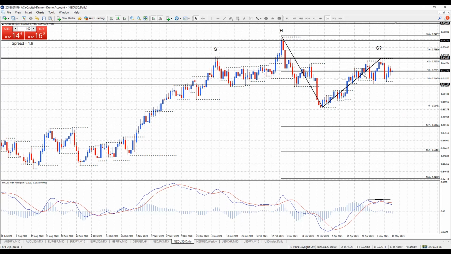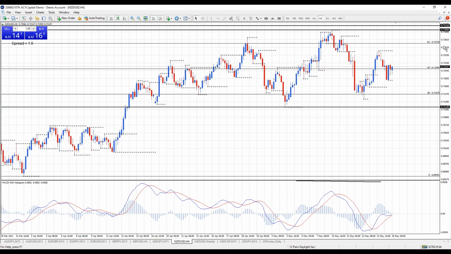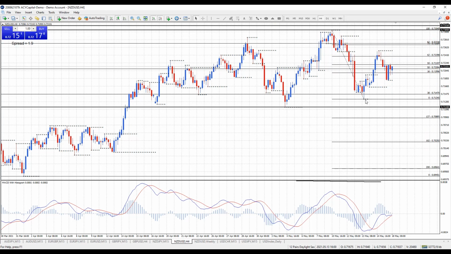Alright, let's tidy things up and we'll move down to the 4-hour chart. Okay, so moving down to the 4-hour chart. As I've been saying on the daily chart, we're quite range bound, and a great level last week to get into this trade and sell for a potential move down would have been up at the 73 level. So I'm just going to draw in a fib across the range of last week, and we've already moved up to the 62% level